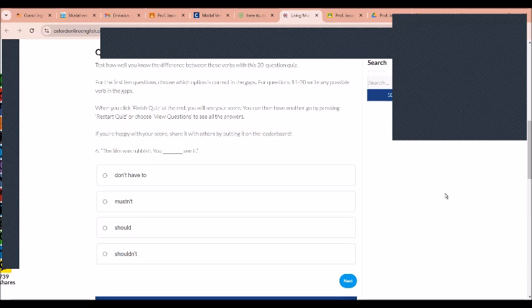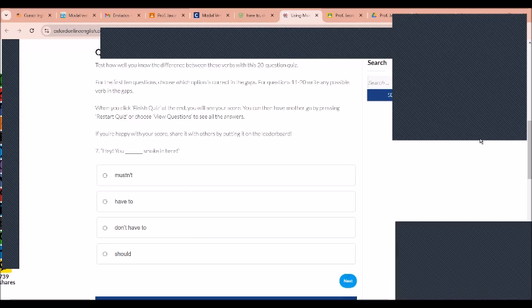Yes, teacher. The film was rubbish. You don't have to see it. All right. It wouldn't be a good recommendation. All right. Now, mustn't no because it's not a rule. Should also no because rubbish means it's garbage. So you don't want to recommend something that's garbage. Shouldn't is soft enough. So either of these two is acceptable. All right. Let's keep going.